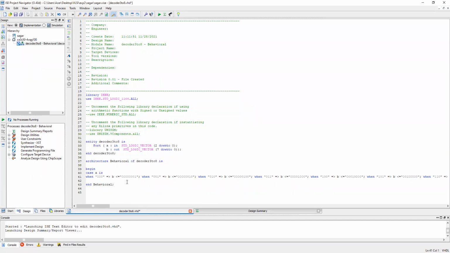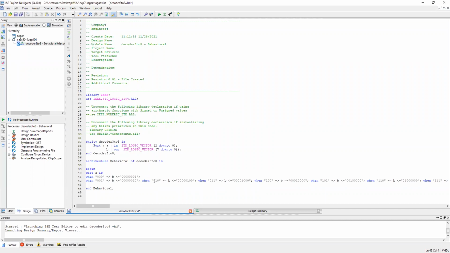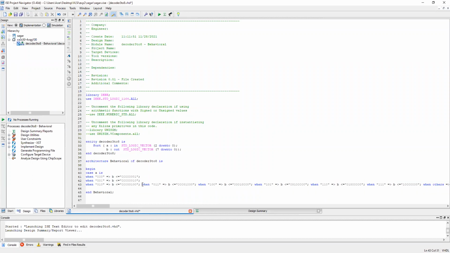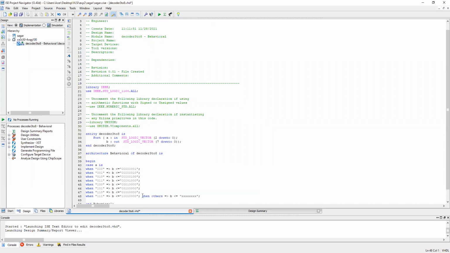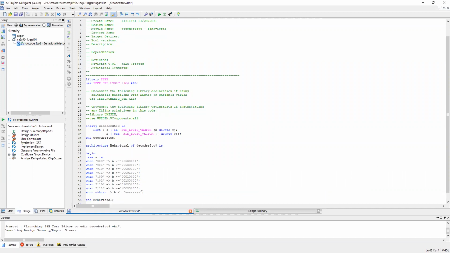Let me just arrange. Instead of don't care, what will I select? All 0. Instead of don't care, we will set all 0. Okay, now this is the code.